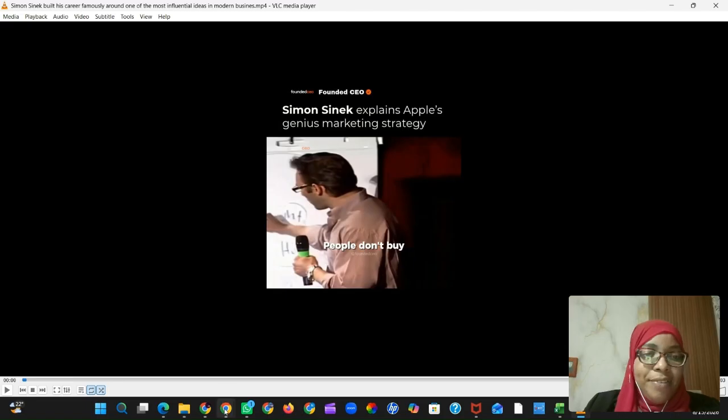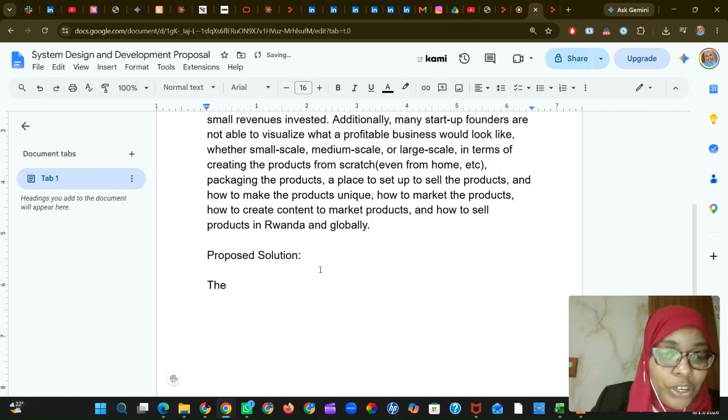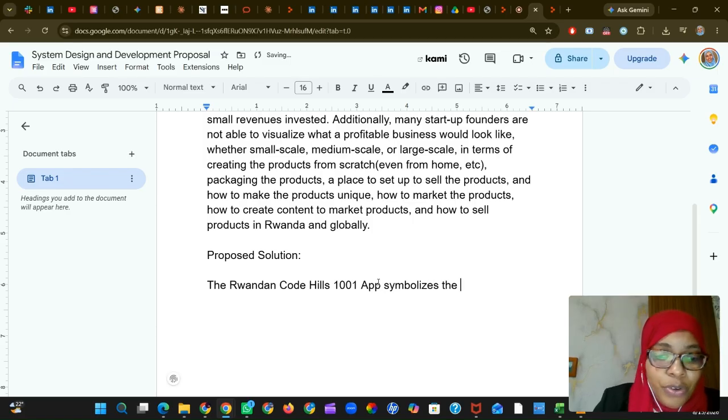So there you have it. Why are we creating the Code Hills 1001 app? Why? So the reason is, let's start off. The Code Hills 1001, and I want to say the Rwandan, because it will have that special Rwandan touch. So the Rwandan Code Hills 1001 app symbolizes the beautiful 1001 hills in Rwanda,